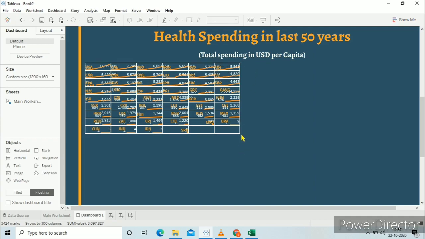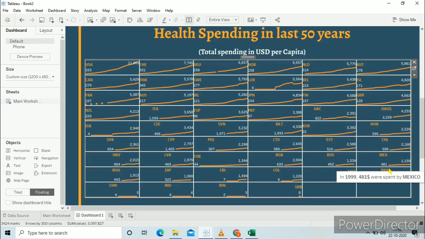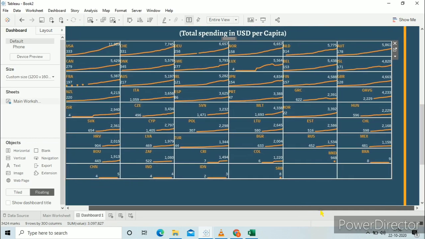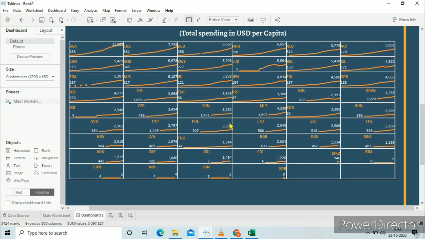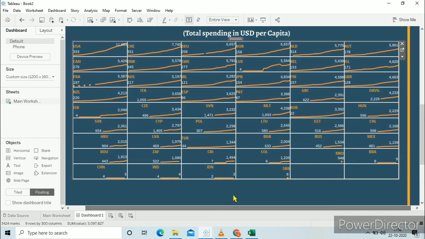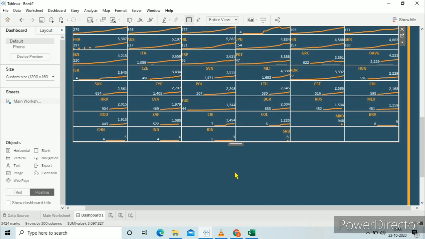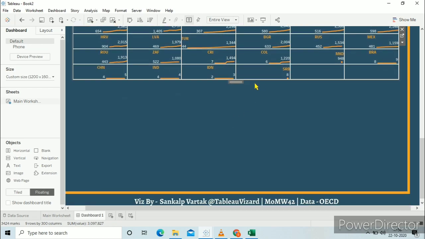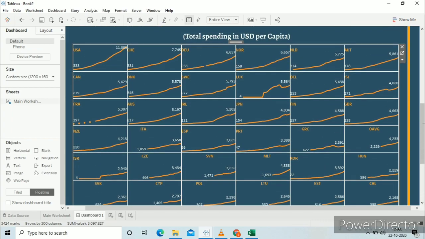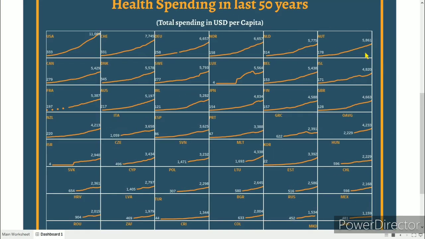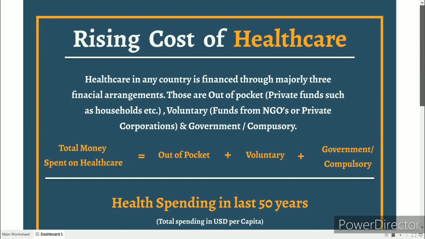Remove the color legend and just adjust its sides. Okay, it's ready now. So as you can see, our dashboard is ready.